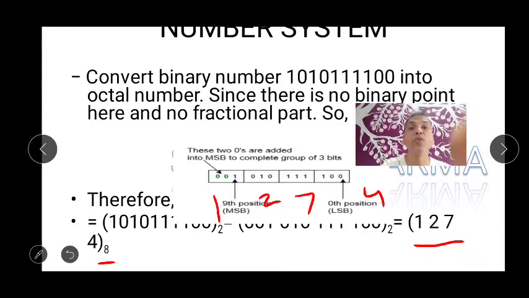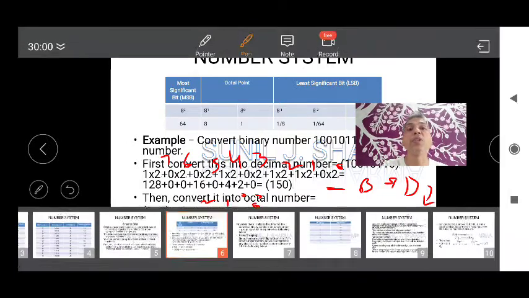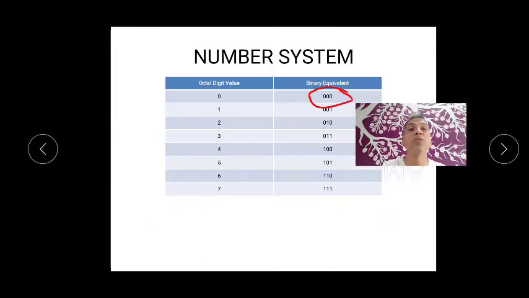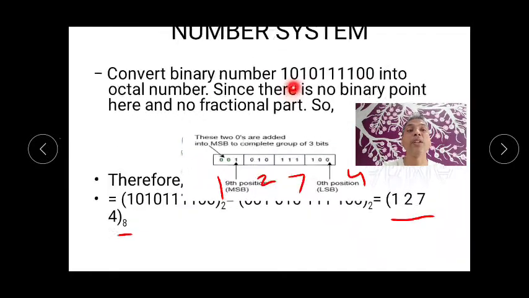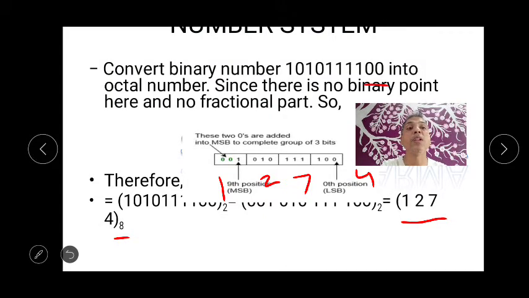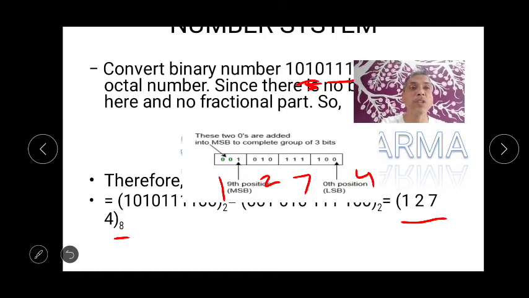Instead of going the long method, that is first binary to decimal and then decimal to octal, I think you can use a shortcut method, like making a group, what I did. Whatever your numbers are, you can just make a group of 3 like this, 3, 3, and this 3. Then you can pad up with zeros if the remaining bits are there. So I hope you understood. This is an easy method also.